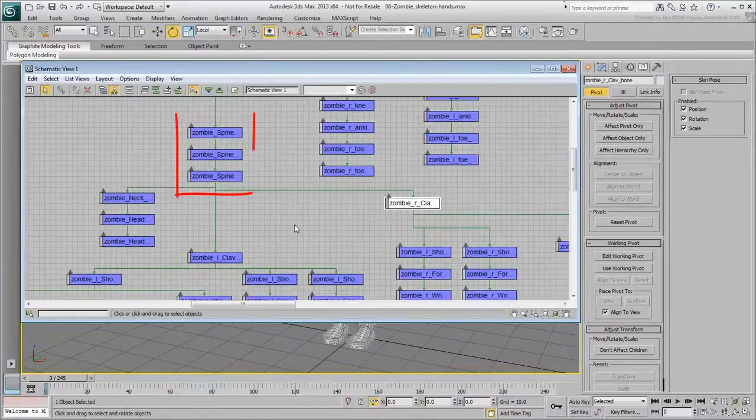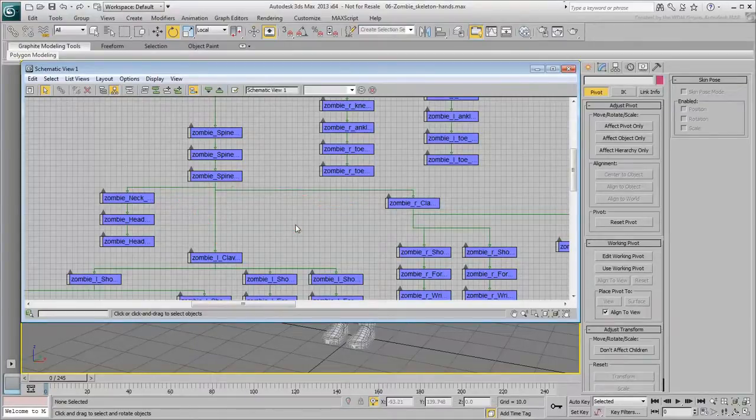The spine is made out of 3 bones, the last of which is parent to more limbs, namely a neck bone that extends a branch to include the head, and 2 additional branches starting with the left and right clavicles,